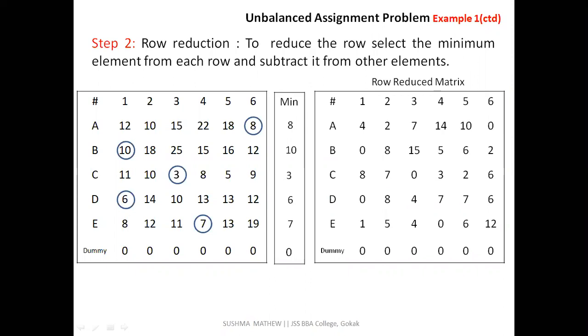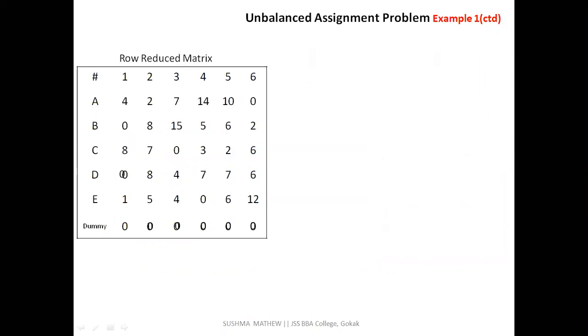Now after the row reduction, what is the next step? Column reduction. Yes. Why are you hesitating so much? Once the row reduction is done, the next step is column reduction. You should remember these steps by heart. Please remember this. You will be asked to write the algorithms for assignment and transportation, so if you remember the steps, you can write it easily.